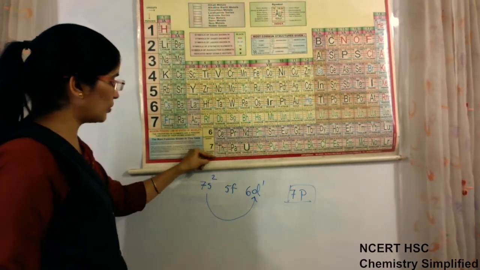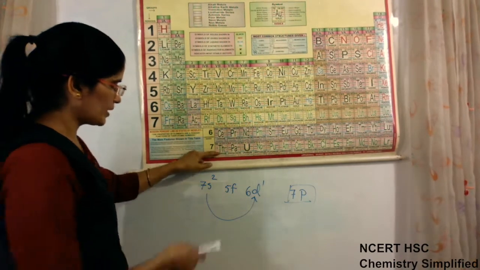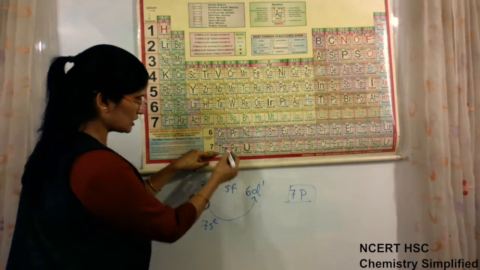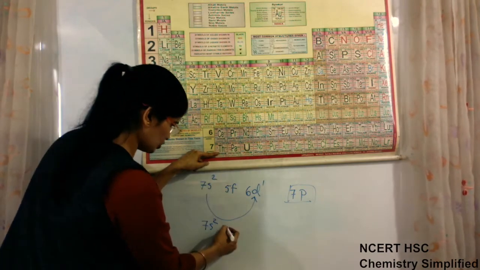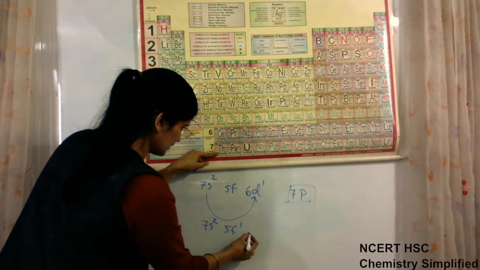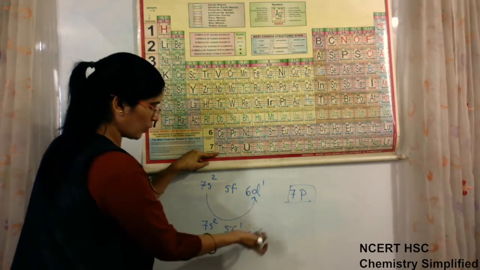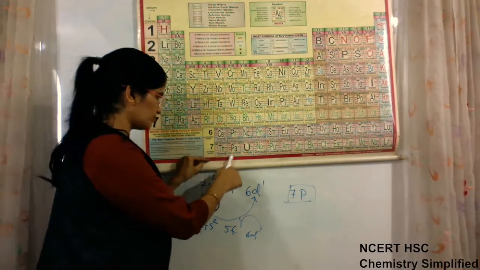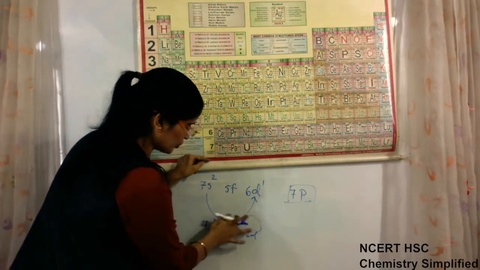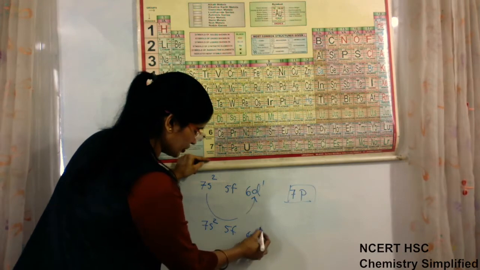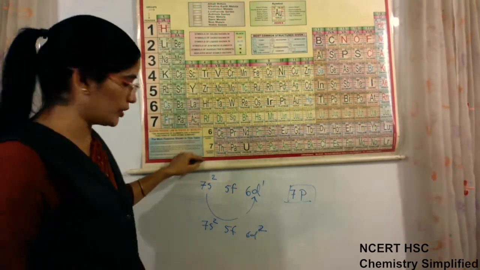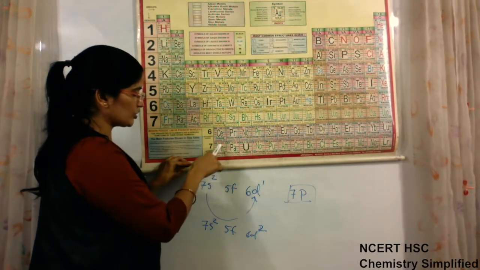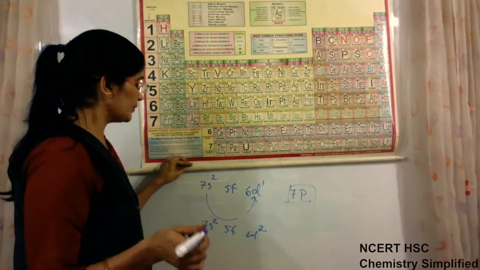in the F block. Now in case of thorium, what should be the configuration? 7s2. Because it is an F block element, its configuration should be either 5f1, 6d1, because one was here, or it may be that this should shift here. But actually the configuration of thorium is not this. The configuration of thorium is 5f0, 6d2. Means instead of going in F, though it is an F block element, still in case of thorium there is no electron in F.